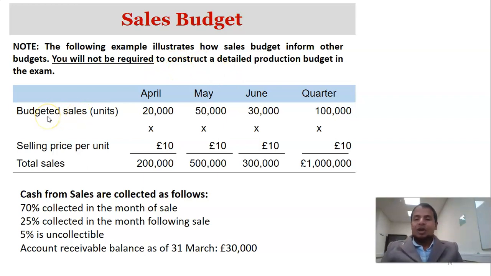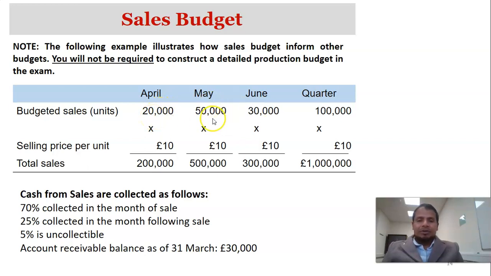You have to estimate the sales quantity based on the market study. Then just multiply the sales quantity by the sales price. So the number of units you are expecting to sell is multiplied by the sales price per unit. So in this given